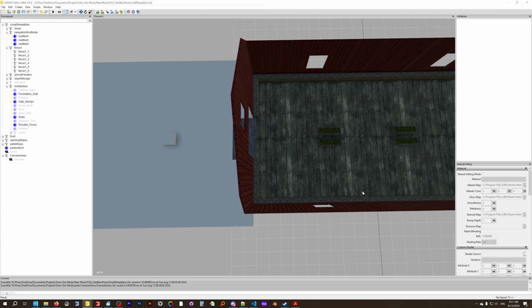So what's an orthographic view? An orthographic view is a plan or an elevation view, like you would see on a set of architectural drawings. Where this is a perspective view, you can see the top of the wall and the wall going down, and the top of the foundation and the foundation going down. And it's good,